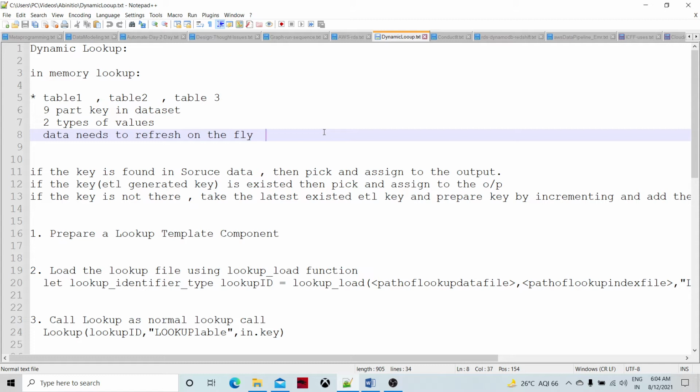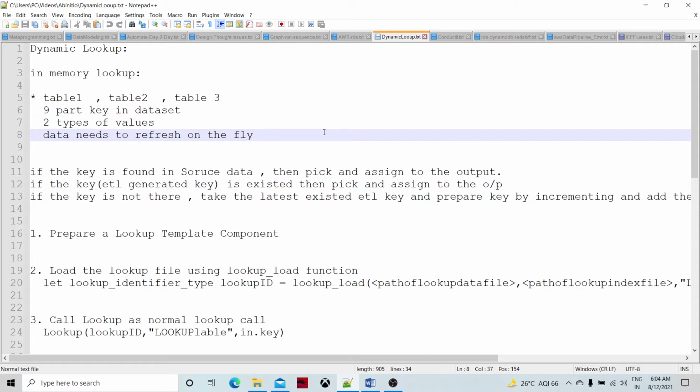So let's assume there is a scenario wherein we are getting the lookup data from an external source, and let's say we have an id column coming from the external source system, and we are going to produce one lookup. Let's say it is in some database or maybe some Salesforce system.